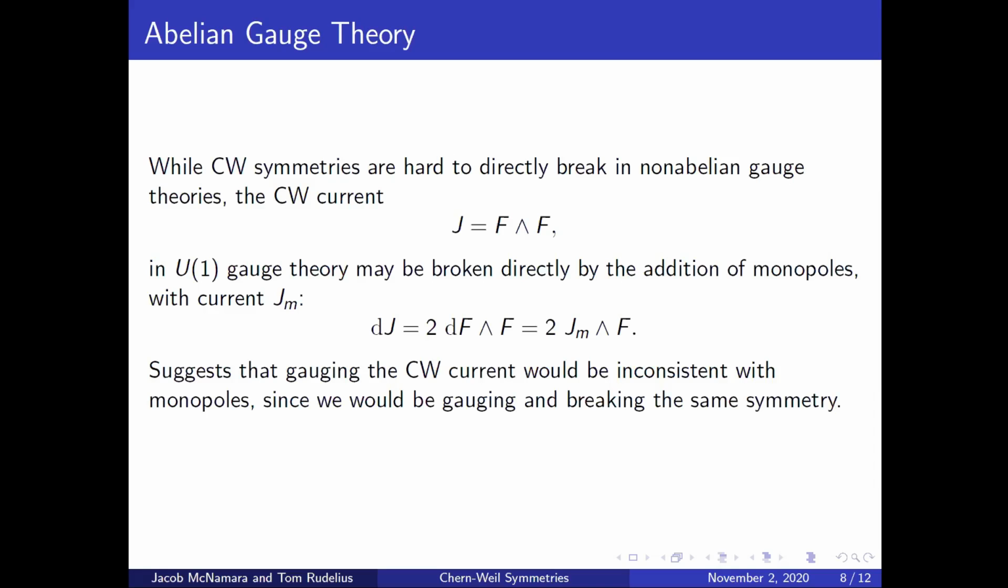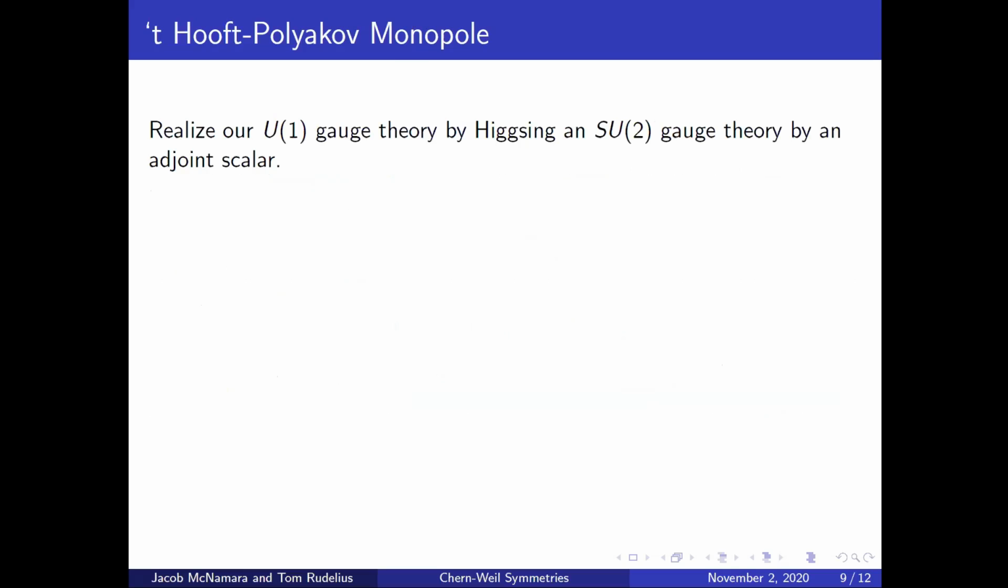In particular, this suggests that gauging the Chern-Weil current would be inconsistent with monopoles, since we would be gauging and breaking the same symmetry. Of course, there's something funny about this argument, because we have lots of string examples with U(1) gauge fields that have monopoles and axions. So what's going on? There's some contradiction here. In order to resolve this, we can look at an example, which is the 't Hooft-Polyakov